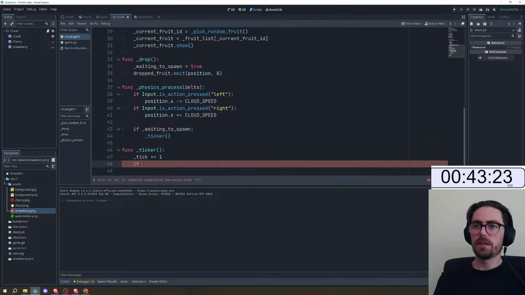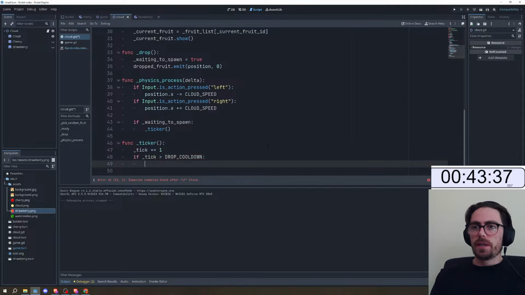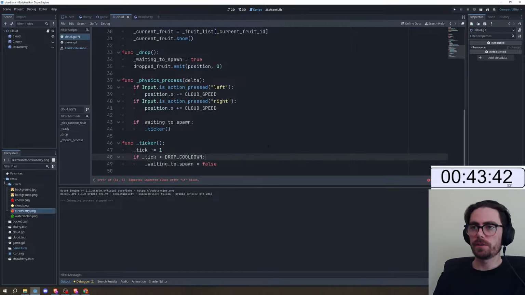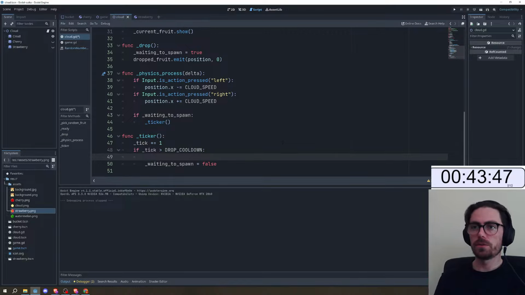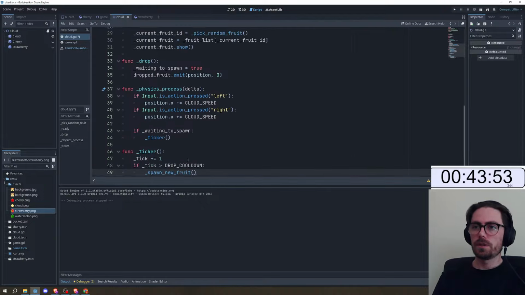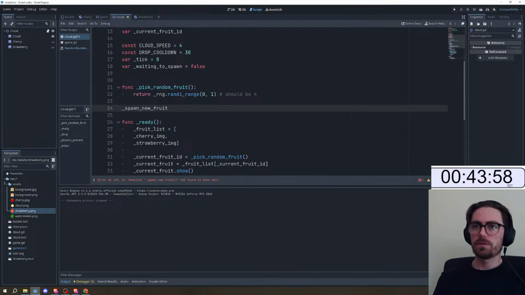And if the tick is greater than the drop cooldown, then we're going to set waiting to spawn to false, but obviously we're going to do that after the actual thing that we're trying to do here, which is spawn new fruit. So what is this function? This function, spawn new fruit,